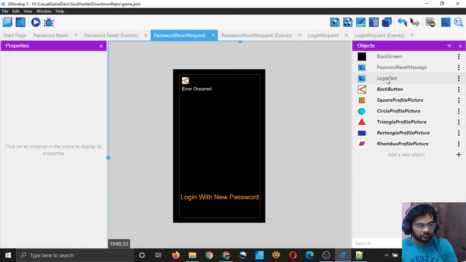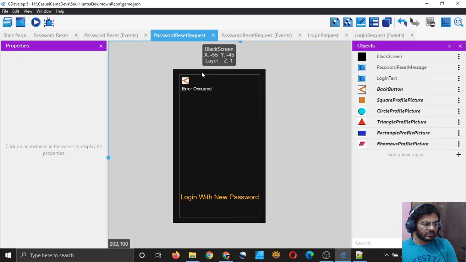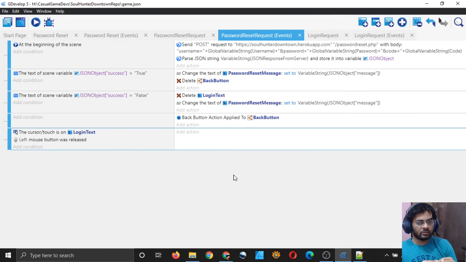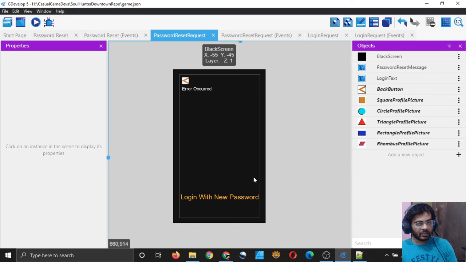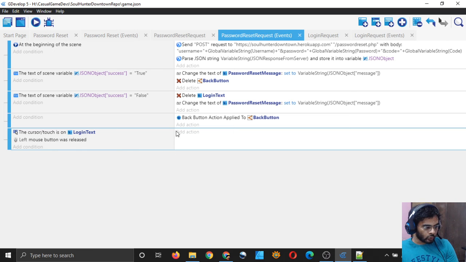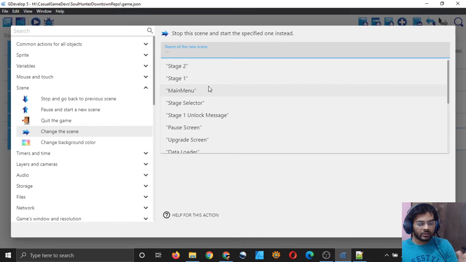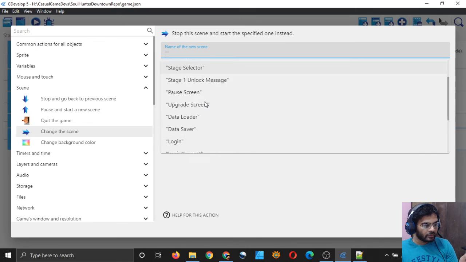You know what? Change this to, no, let it be. I will simply take them to the main menu, because from the login screen we have a problem: the login scene has a back button, and if the user presses the back button after going to the login scene from this scene, they will be taken back to this scene, and we don't want that to happen. Or you can simply do it this way: go to the login scene only, but close all other scenes, close all other pause scenes. That is also one way.